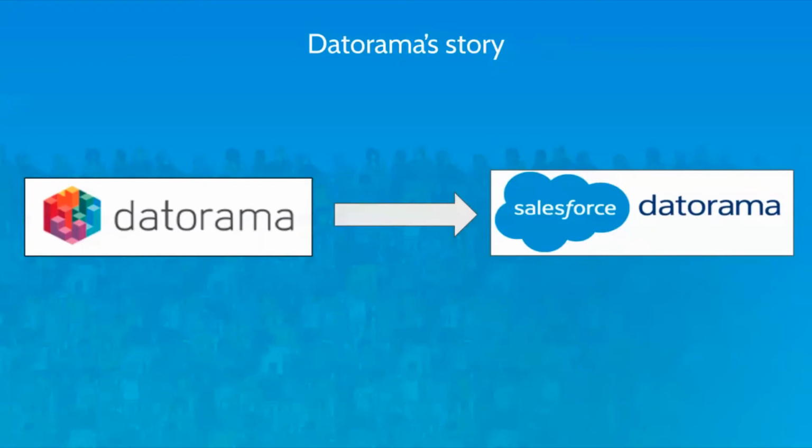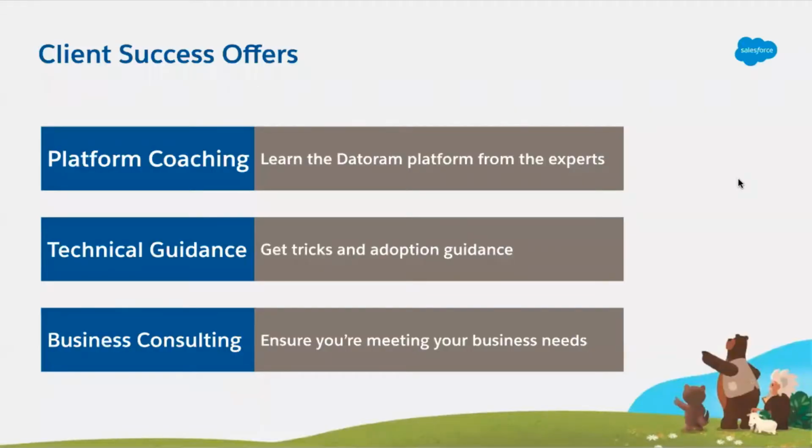So as of 2018, we were acquired, and what was already a large global success team grew even further when we were integrated into the Salesforce Ohana. So we're now part of a worldwide network that encompasses thousands of people, which is quite an amazing growth. But as you can imagine, with that growth came some challenges, especially as it related to onboarding and servicing our clients. Those responsibilities are held within our client success group, and the challenges of growth were especially felt by that